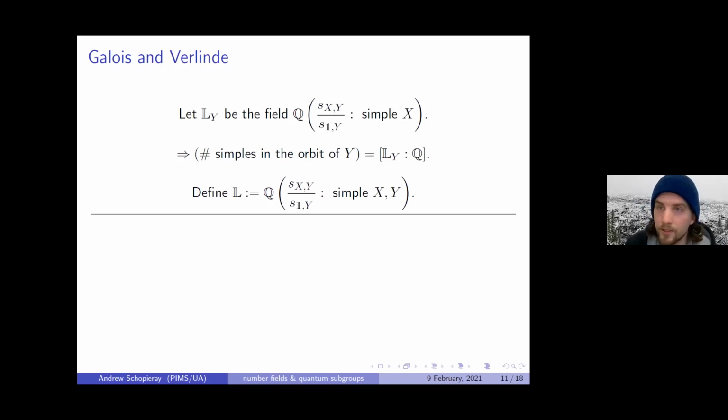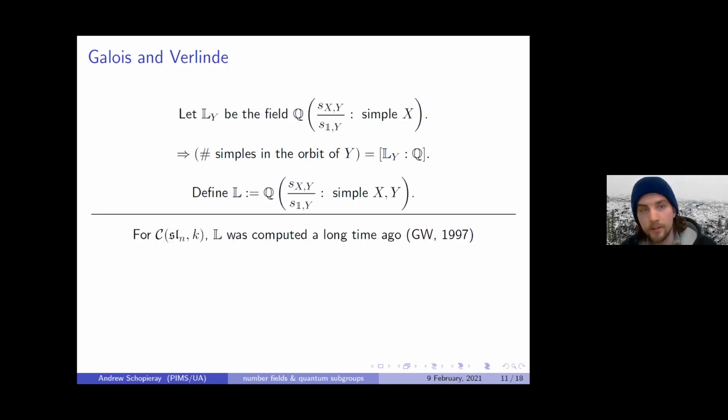So these things were considered a very long time ago, 1997. These were done by, I think, Gannon and Walton. I wrote it right here. Yeah, so Terry Gannon and Mark Walton, I think. So Mark Walton and Terry Gannon, they computed these fields of Verlinde eigenvalues explicitly for the type A